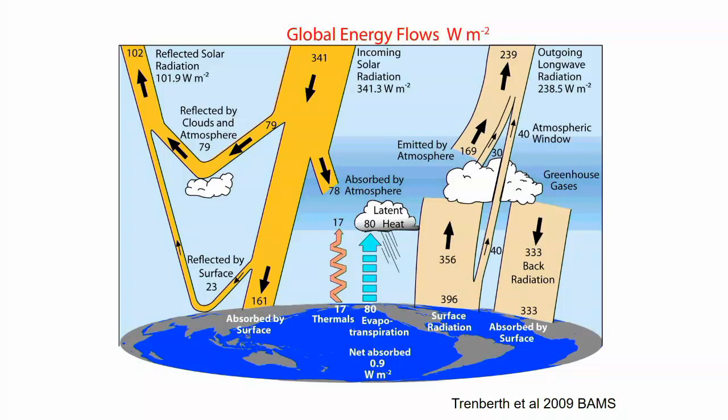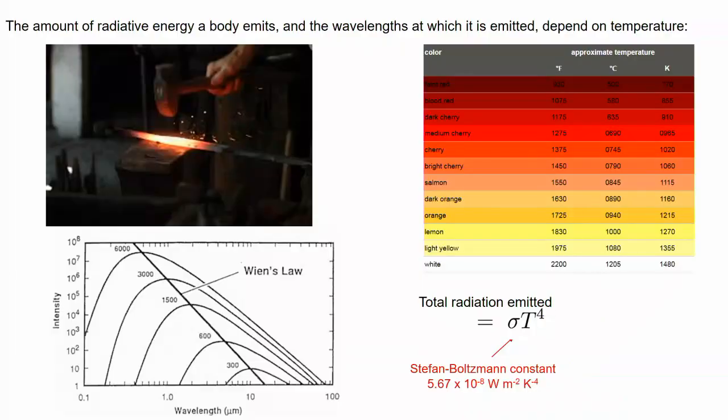And if we can quantify these fluxes, we can basically try and balance them. So we make the assumption that if the planet's temperature is not changing, the fluxes into the system must equal the fluxes out. If that's not true, then the temperature would change. So I think in the video we went through a simple example of that where there was no atmosphere. And the physics required for that was really this, which is basically the Stefan-Boltzmann relationship between the temperature